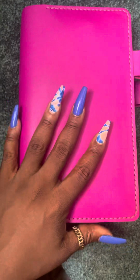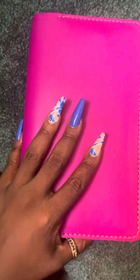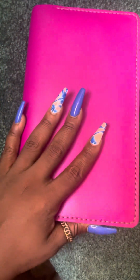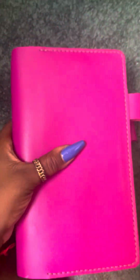And I know I just did the little flip of my standard, no, 85 Slim, but I forgot that I had this cover, y'all. This is from Chili Leather, so I just went ahead and put her in here so that it wouldn't go to waste. So now she's being housed in here, and then that's that. And the last thing that I want to share with you before I end this video